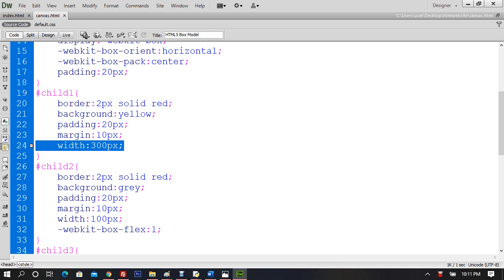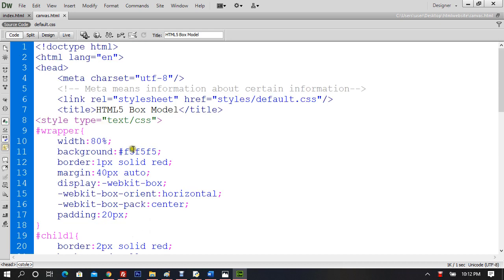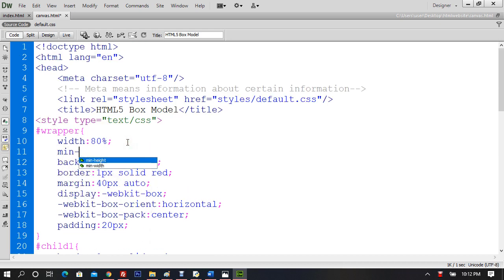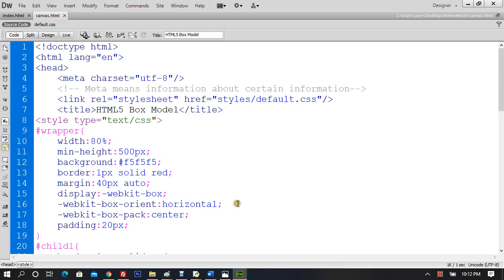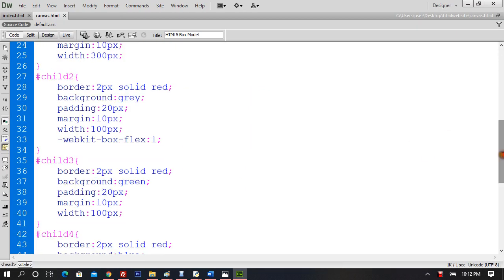Let me keep this center, and what else can I do? Alright, let me give this wrapper a height as well. I'll say the minimum height is going to be 500. Why 500? I don't know, for some reason. Now you can see that the flexible model not only adjusts, because one is flexible, this box layout is going to adjust this automatically. Now if I take this flexibility out here from child 2,